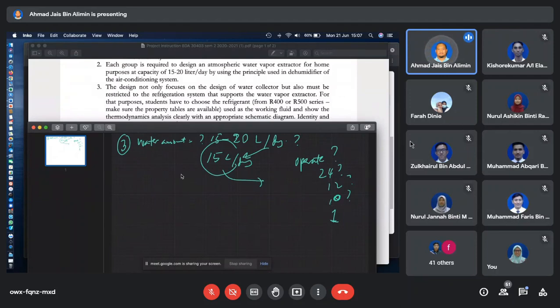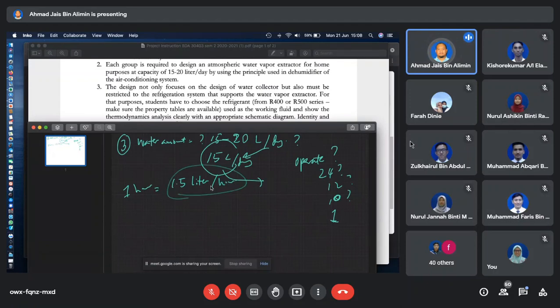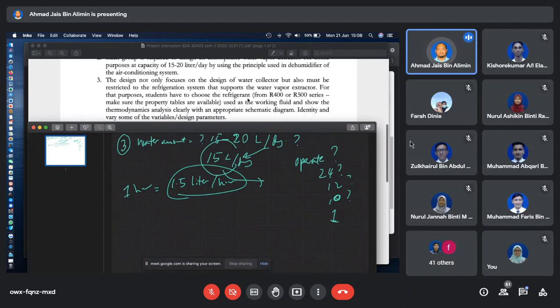So it means that for 1 hour, how much water does the machine need to produce? It's 15 divided by 10, which is 1.5 liter per hour. So this is your output capacity, the required capacity. This is the amount that you need to produce. Okay, the next thing is that